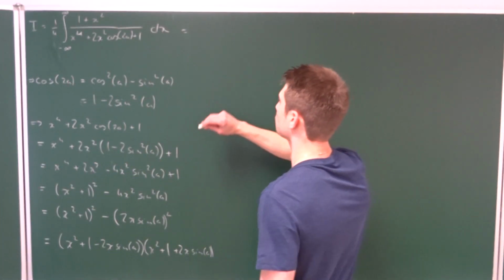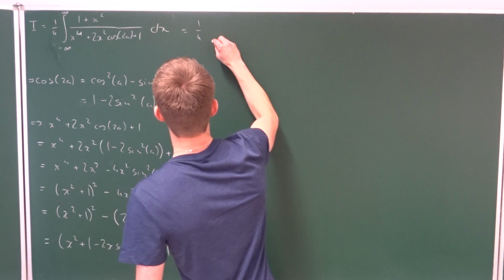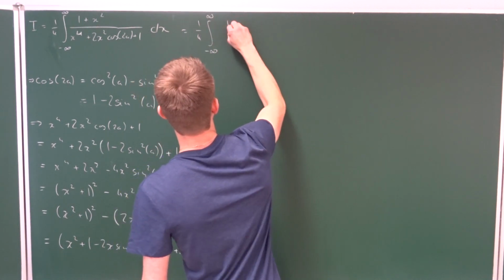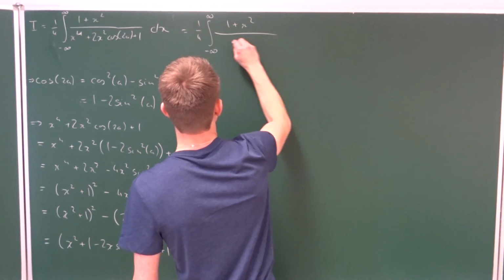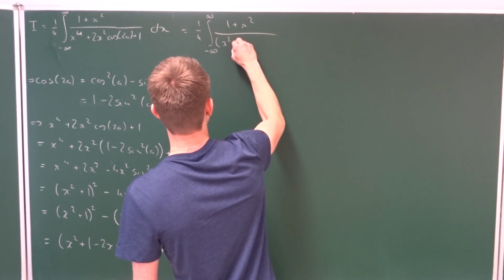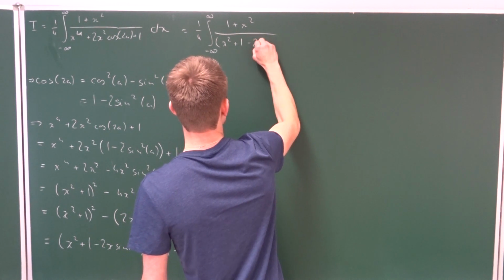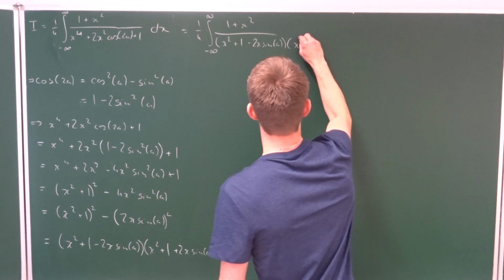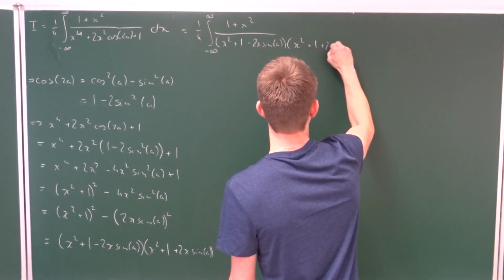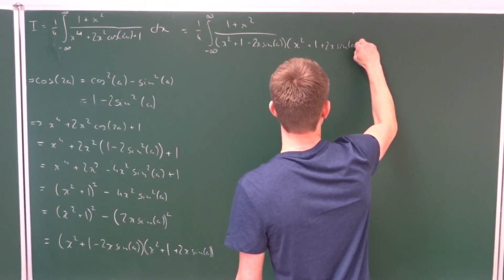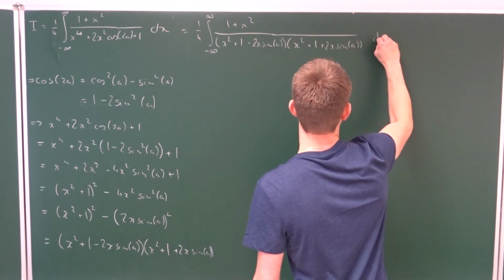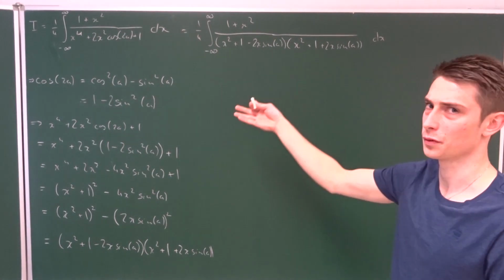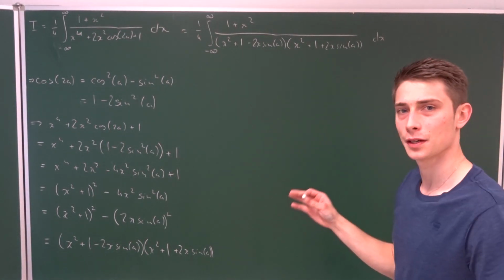and we can plug it into our equation and let's see what we get. So this equals 1 over 4 times the integral from minus infinity to infinity of 1 plus x squared divided by x squared plus 1 minus 2x sine of a times x squared plus 1 plus 2x times the sine of a times dx. Okay, and that looks way harder than the integral we got before, but we can use a little